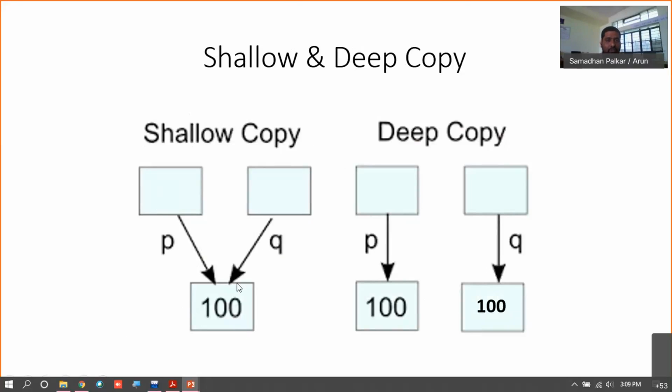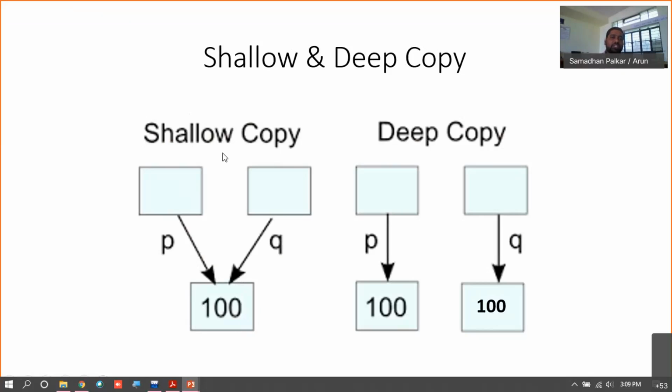At that time Q is pointing to the memory location which holds the value 100, but this memory is deleted by pointer P. At that time this Q points to a memory which is not in use, or you can say which is freed up.